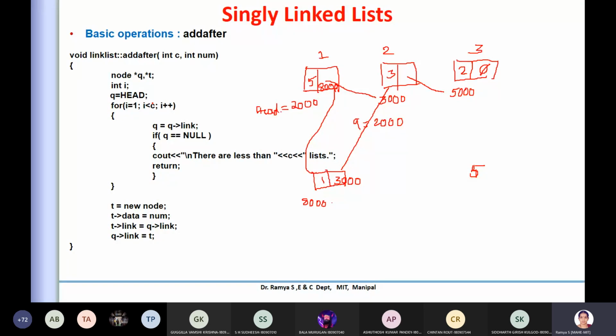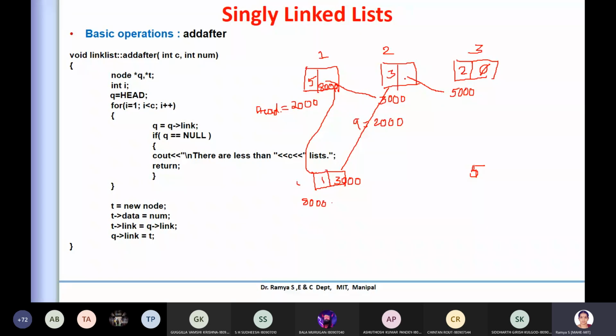So what it is doing here, you check Q again. Whenever you make a link here, you assign this 2000. Now 8,000 is assigned; instead of initially being at 2000, now it is at 8,000. Its 8,000 link is nothing but 3,000. So it is not null, so it will go back here again. And in this case, it is at 5,000.